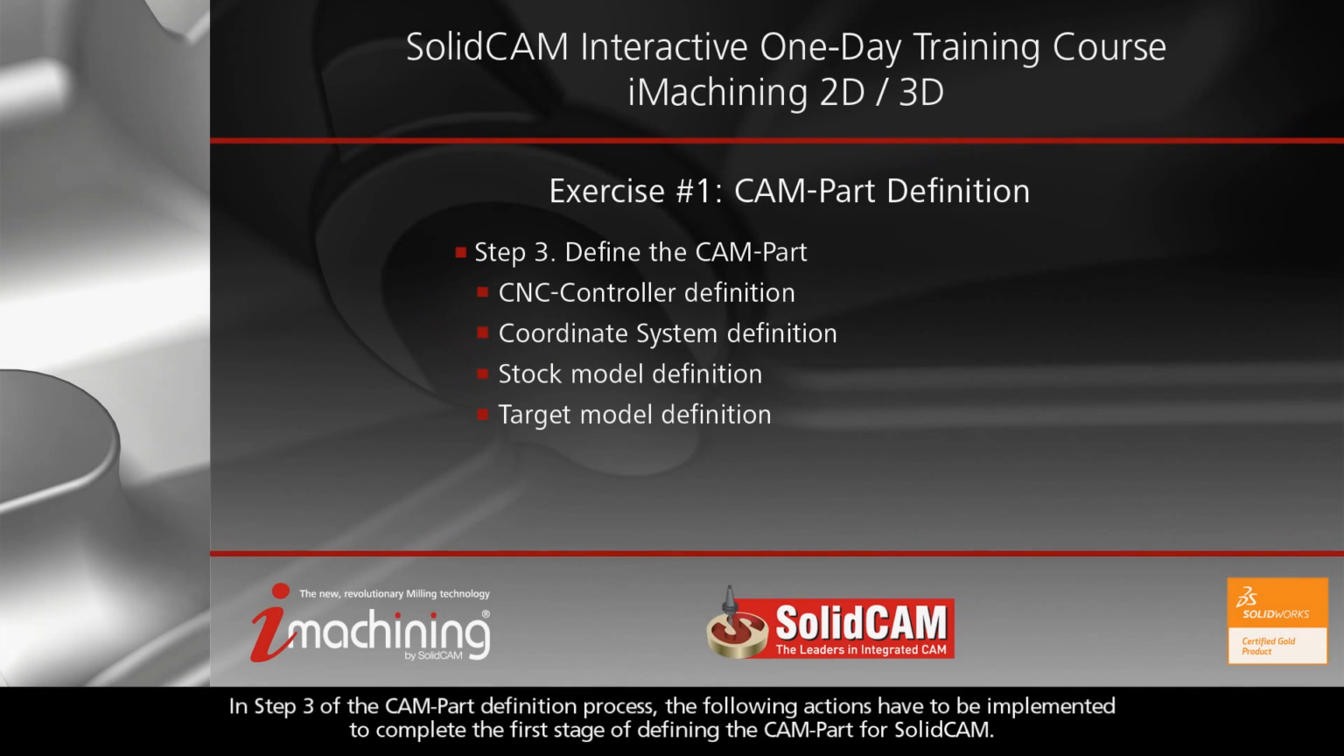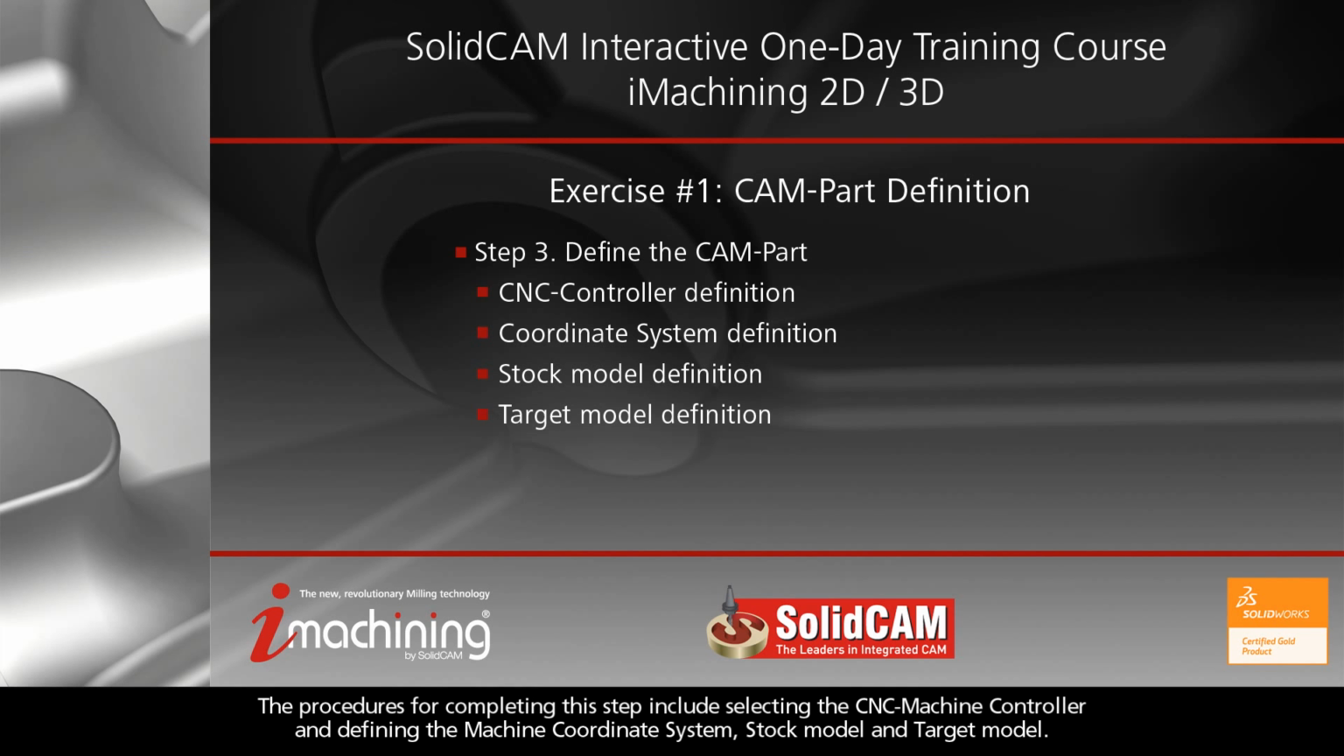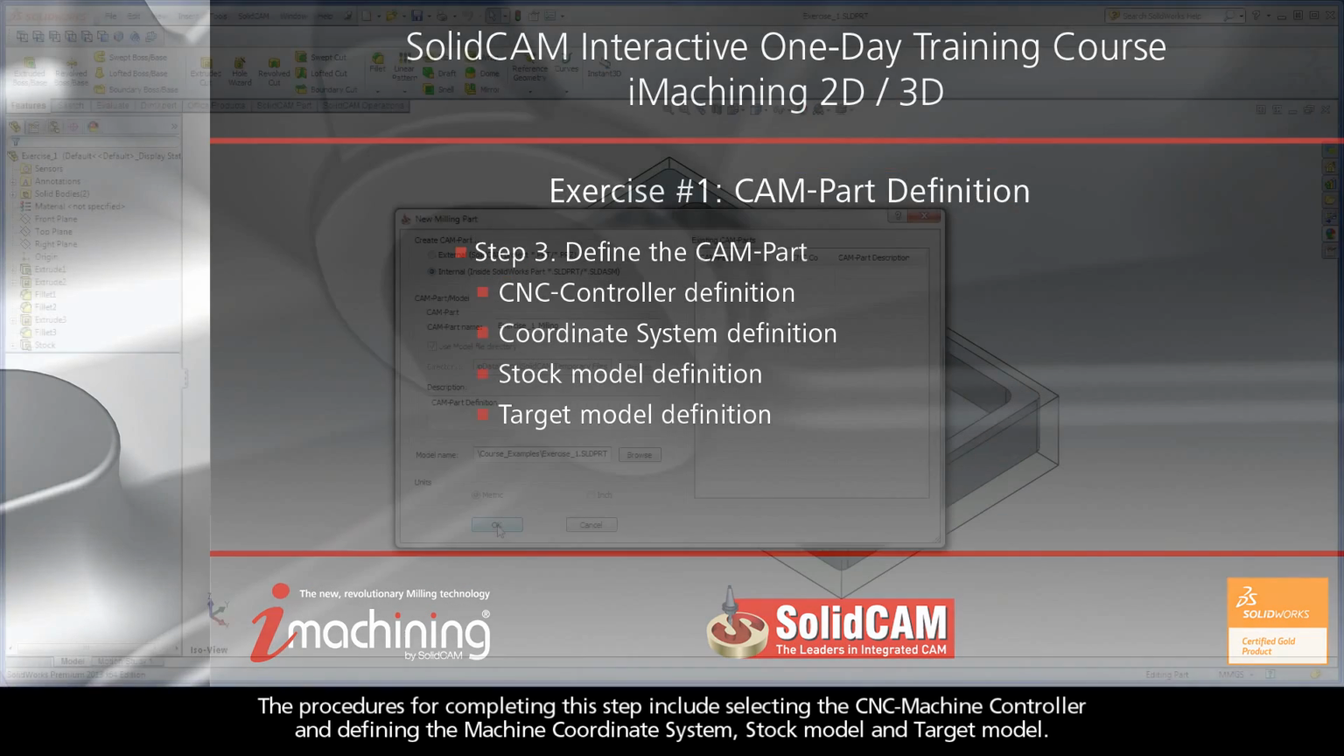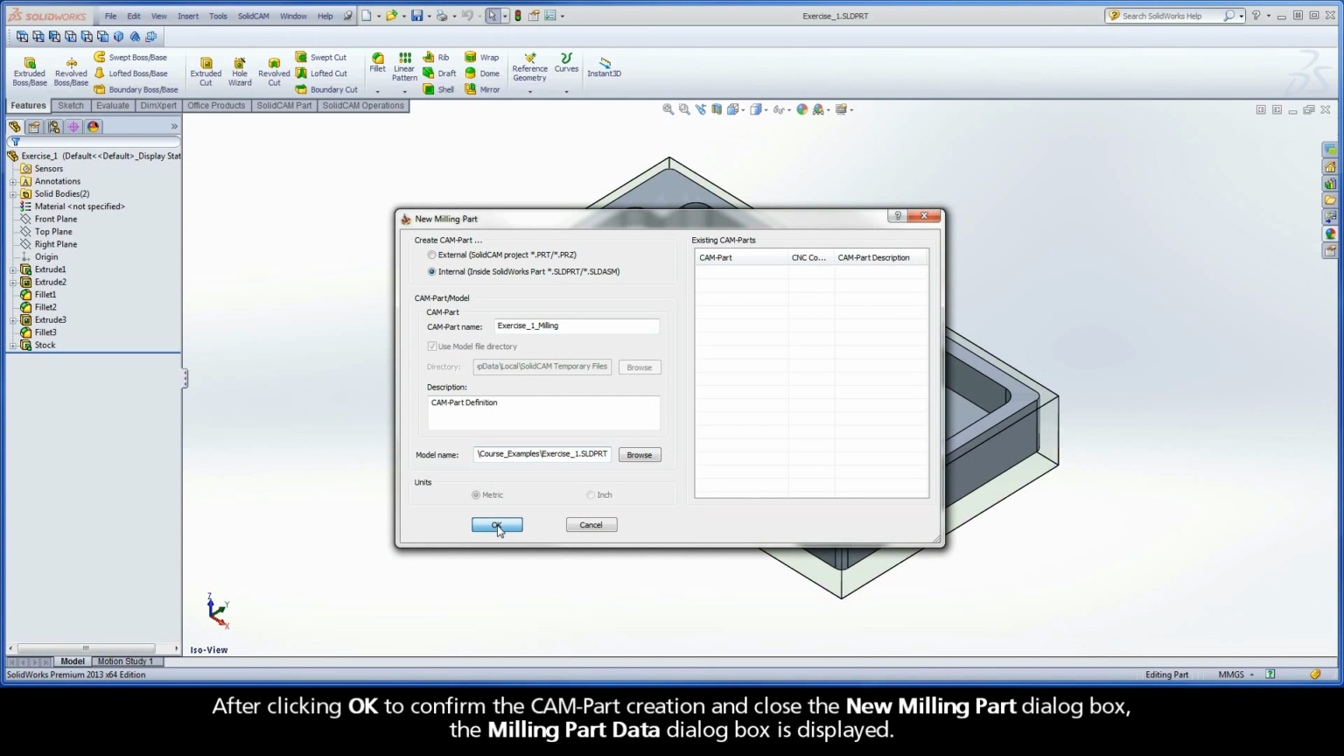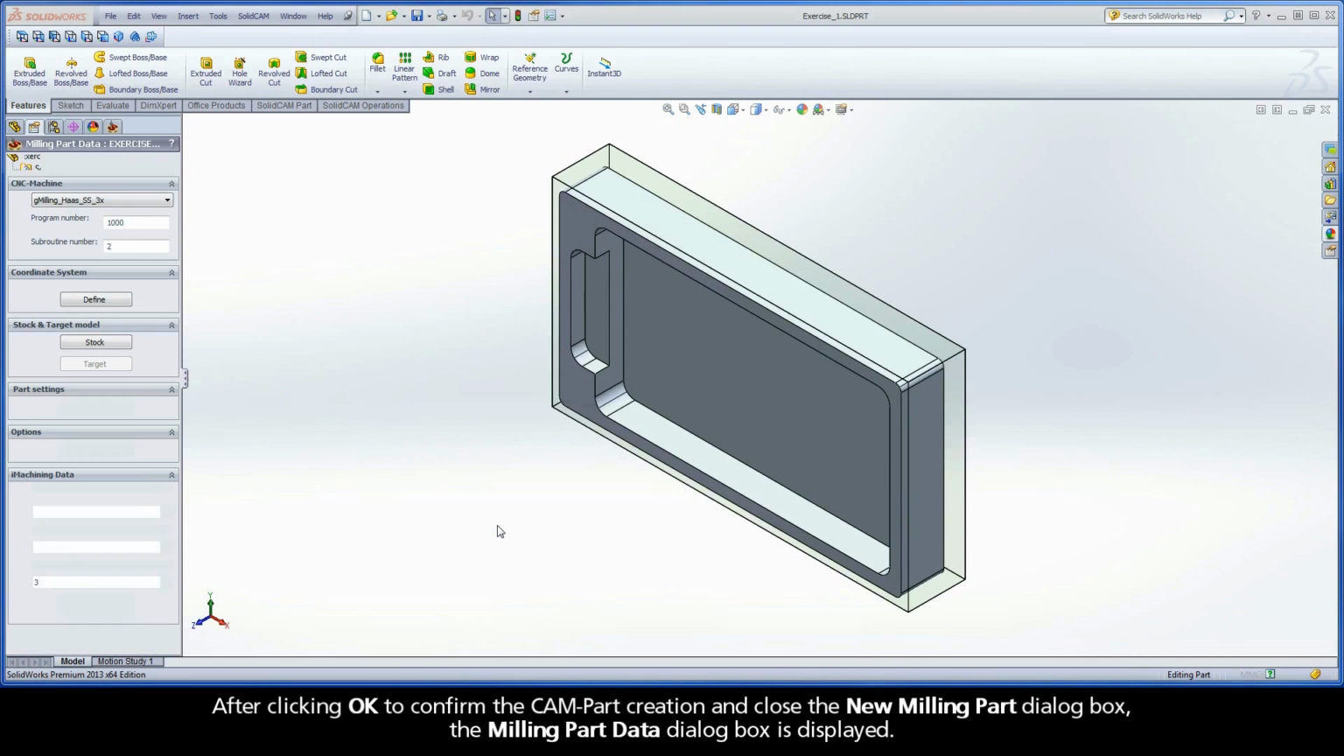In step 3 of the CAM part definition process, the following actions have to be implemented to complete the first stage of defining the CAM part for SolidCAM. The procedures for completing this step include selecting the CNC machine controller and defining the machine coordinate system, stock model, and target model. After clicking OK to confirm the CAM part creation and close the New Milling Part dialog box,